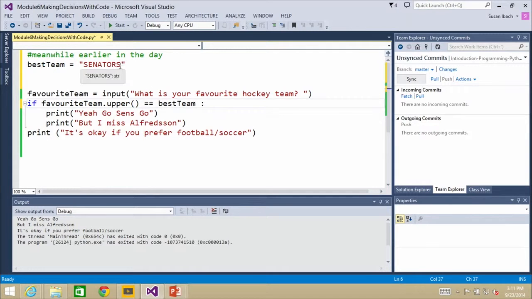And maybe this was even a value I read from a file somewhere where I couldn't control the case. So when I read this from a database or from a file, I don't know if what I read was uppercase or lowercase. So I'm saying compare what they typed in to a value I read out of a database or out of a file.